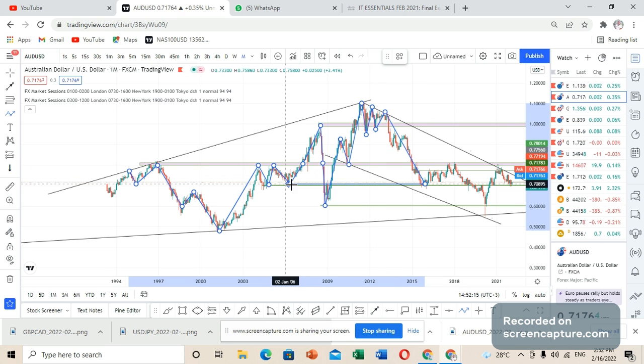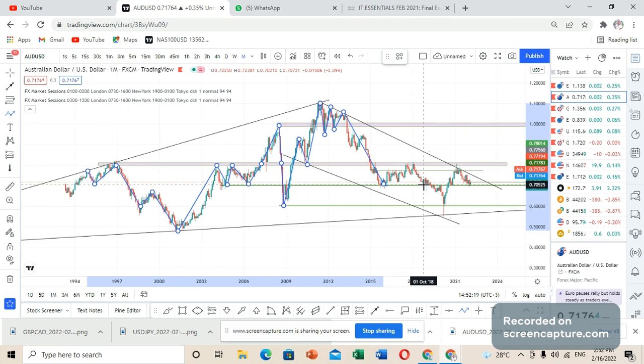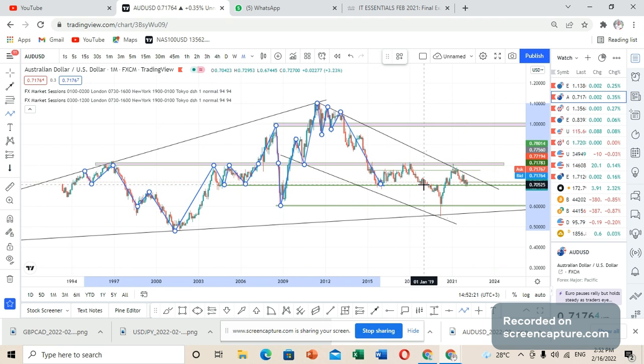Again, whenever you are doing your analysis, please make sure that you look at all levels, especially when you are trading support and resistance. Make sure that you are looking at all possible areas so that you can prevent yourself from seeing the market in a different way than the way it is. So this was a very strong point of support based on the previous behaviors of the market.